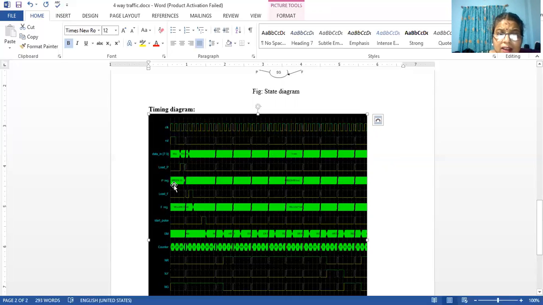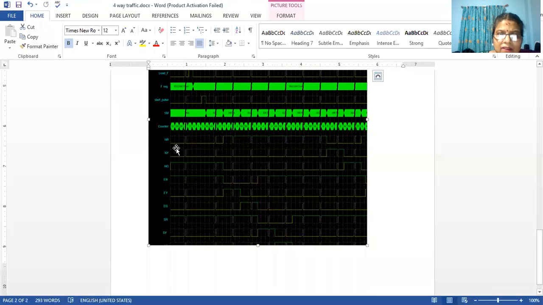Can you see here? The P register and F register are internal signals. Clock, reset, data in is the input, load P is also an input, load F is also an input, start pulse is also an input. But NR, NY, NG, ER, EY, EG, SR, SY, SG, these are your outputs.